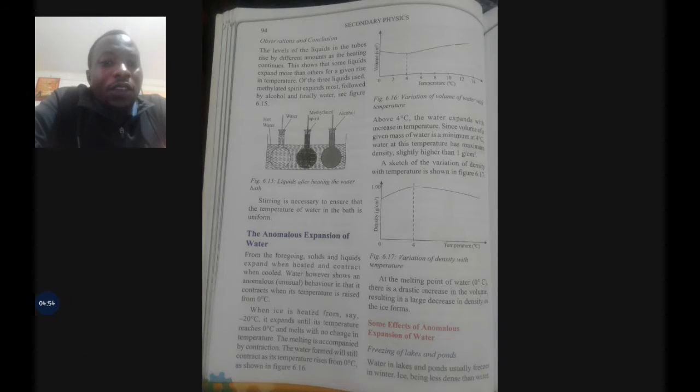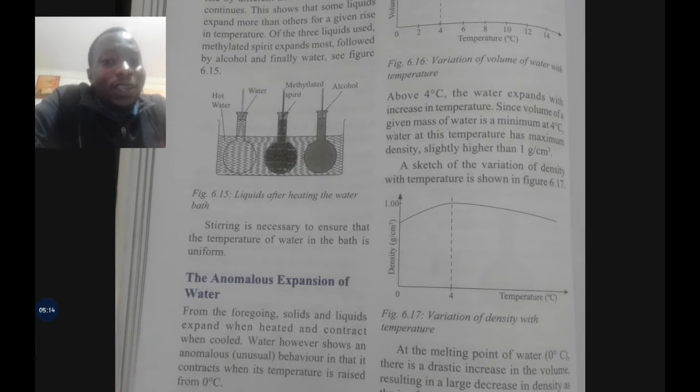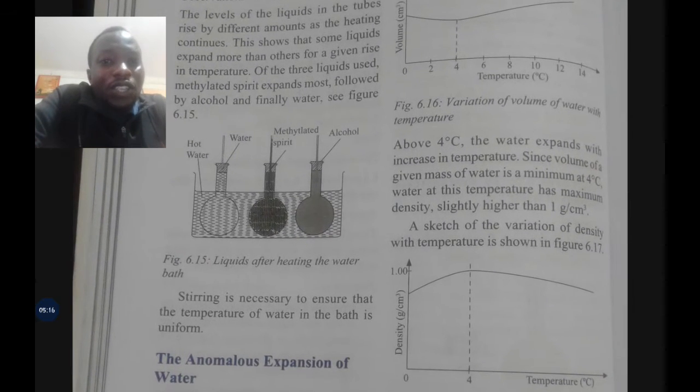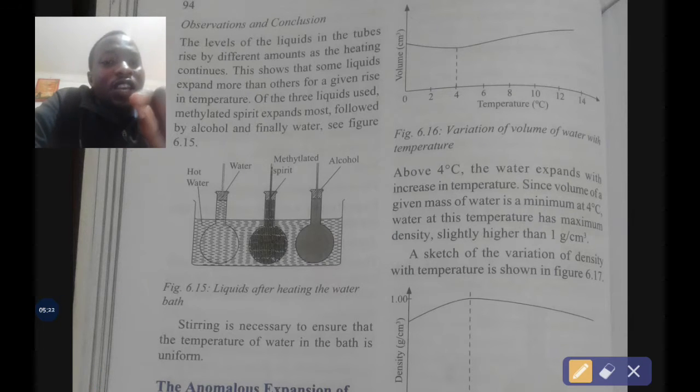Now in the second demonstration, the cold water has been replaced by warm water. So the cold water has been replaced by the hot water. Now, in that case, the liquids are expected to expand. They will not contract, but now they will expand. And the level of expansion will be indicated by the levels in each of the tubes into which these liquids